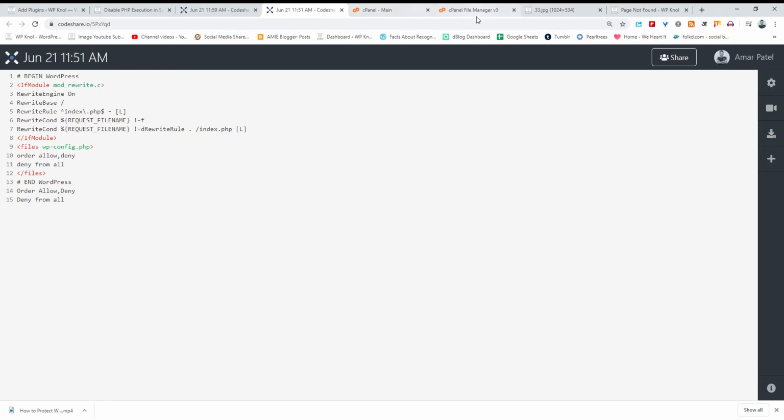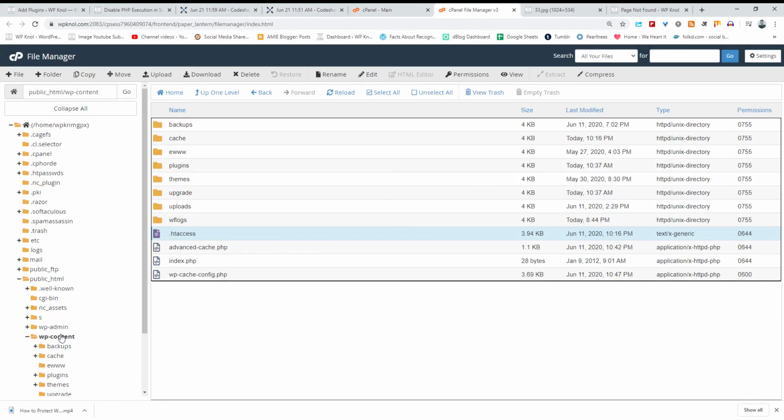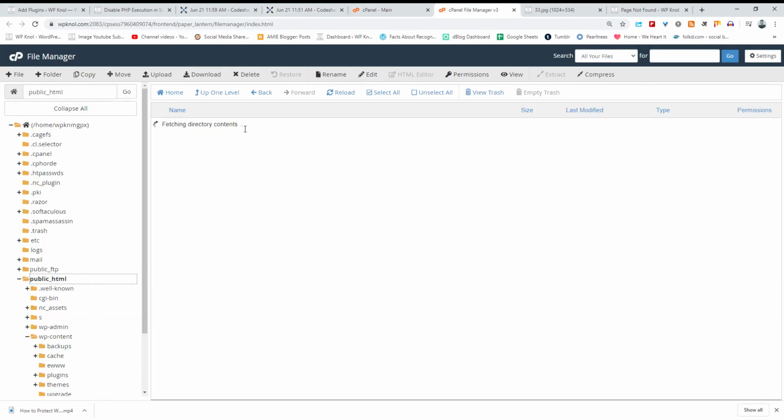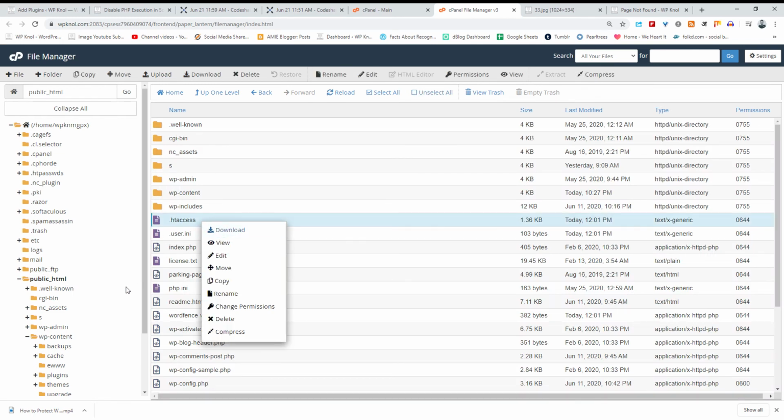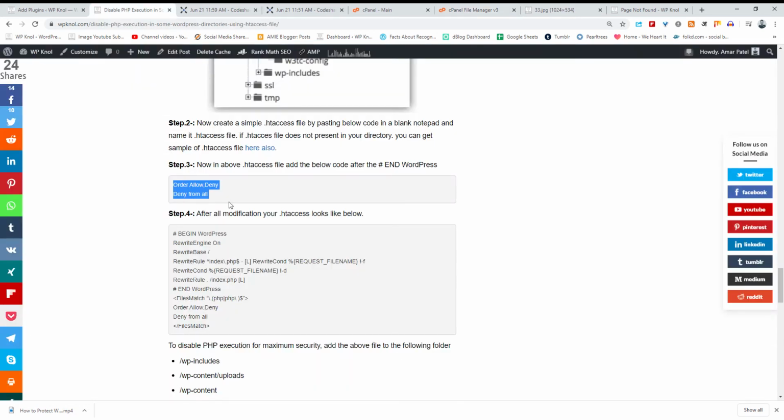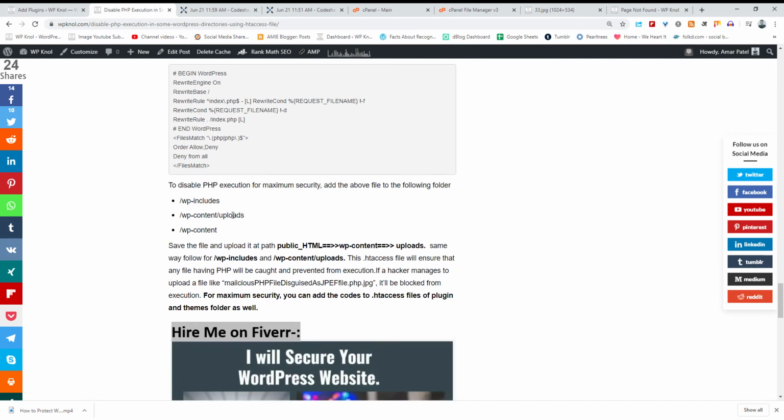So if I go to my public_html folder, use this, take its backup and add the code. Okay, so this will disable the PHP execution. But there are other folders like wp-includes, wp-content, uploads.